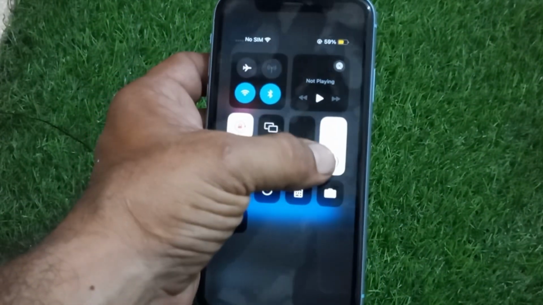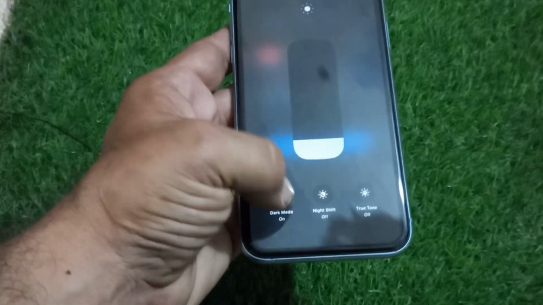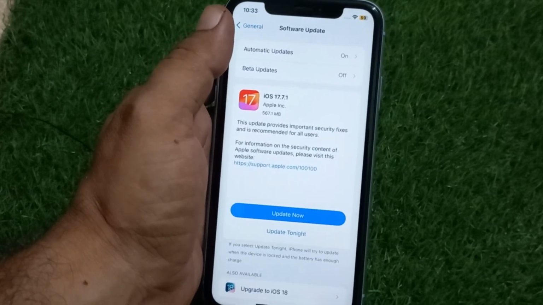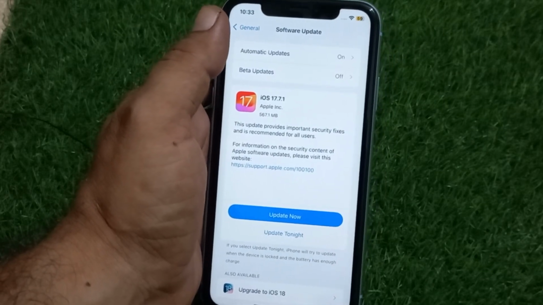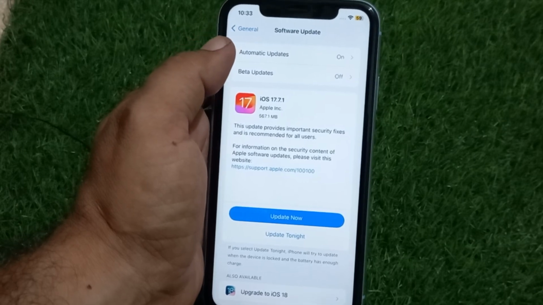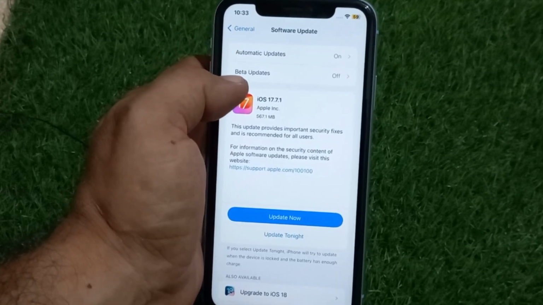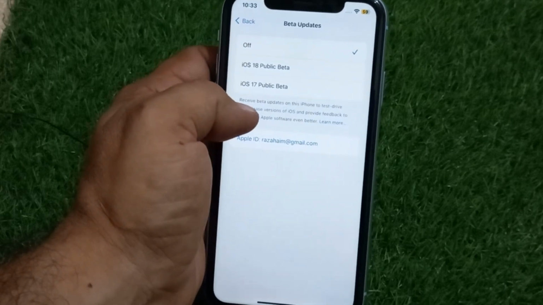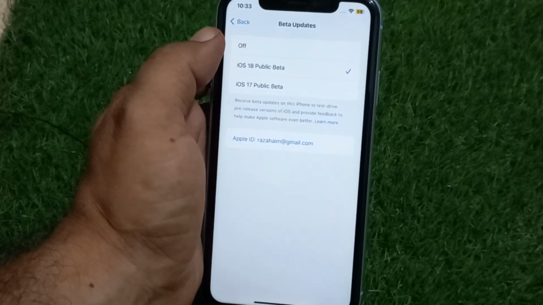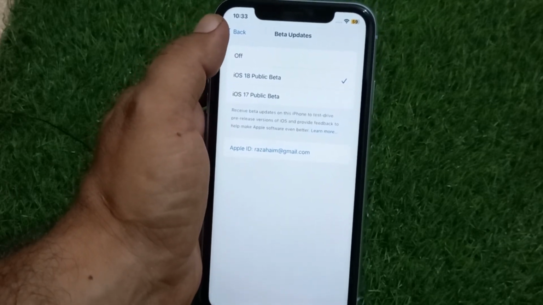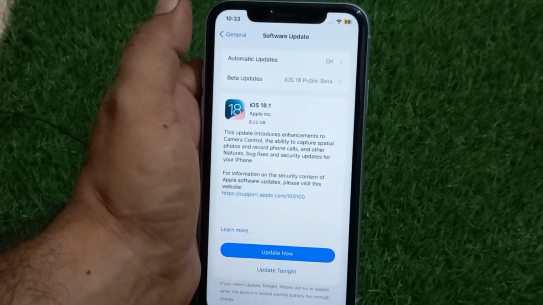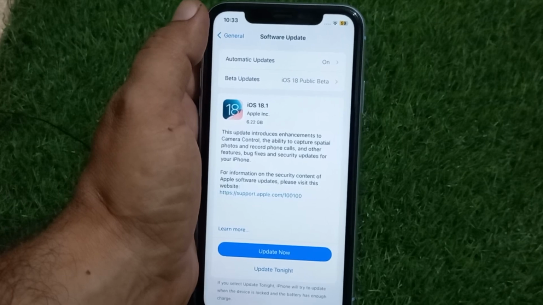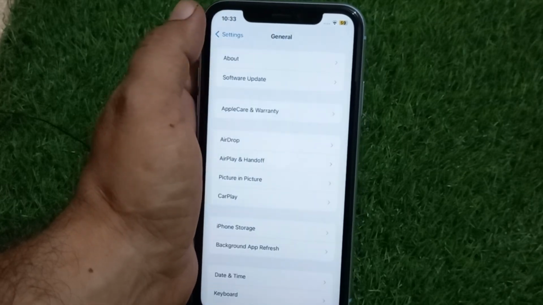I remove dark mode first to make you look good. Here you will see that there are two types of update modes. First auto update and second beta updates. Now if you want to update the current one, then click on beta update. But if you want auto update according to the model, then click on auto update. As well as you can see here,